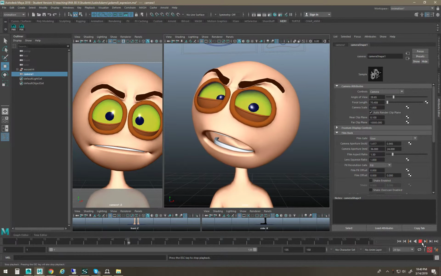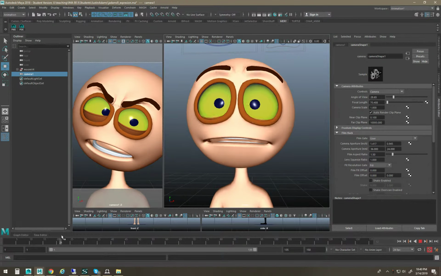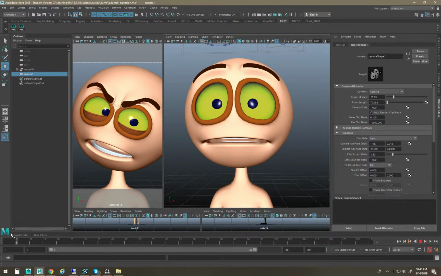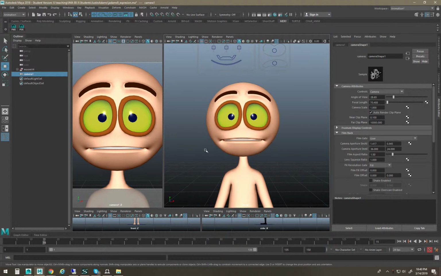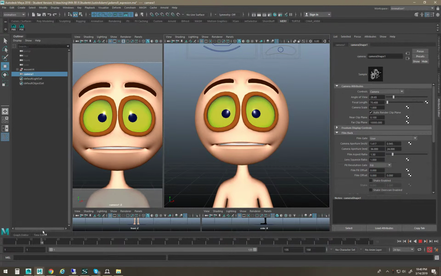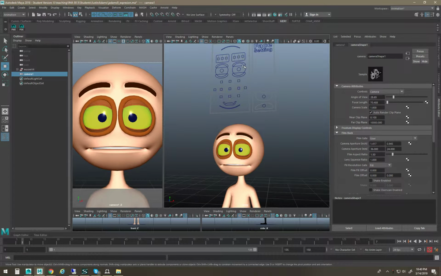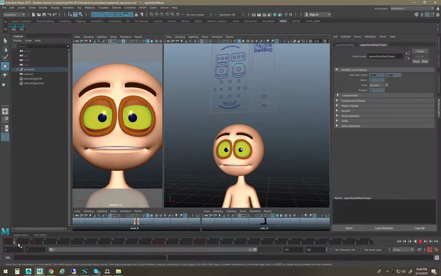So the first thing I notice is the head movement's feeling stiff. For example, the blink moves. Sorry, the only thing that's happening is he's blinking, but we're not squishing the eyebrows or anything. So we could probably,